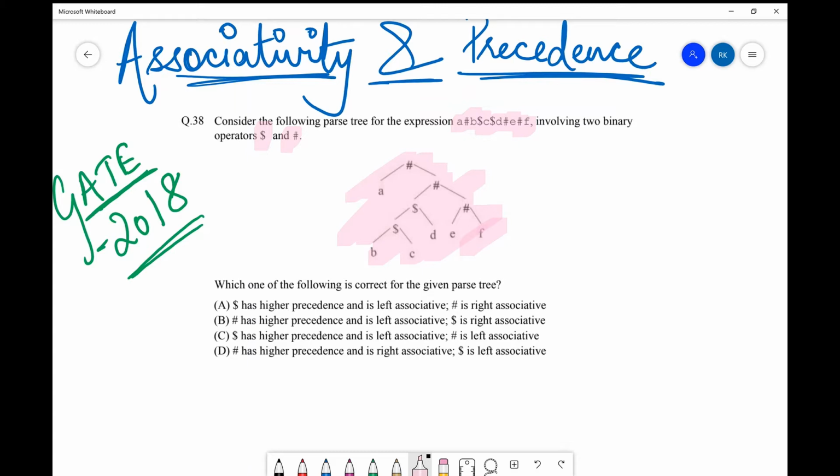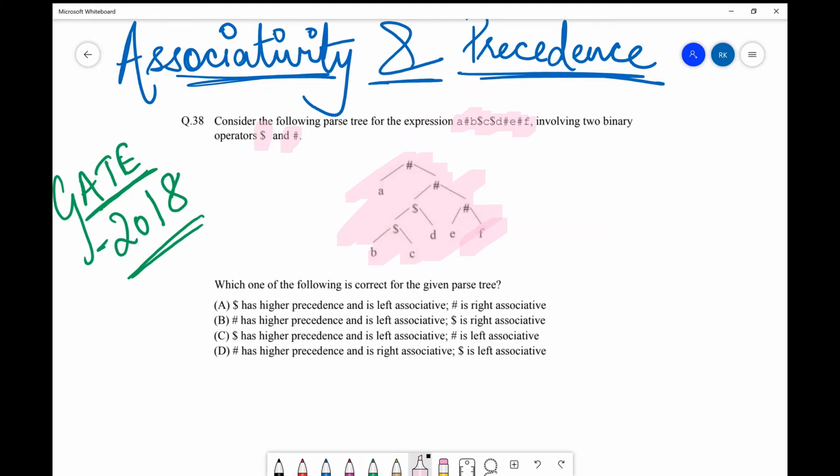Now they ask about two different things, which are associativity and precedence. A short overview about associativity and precedence. Precedence is basically what comes after what, right? So which expression you solve before or after another expression. That is what we talk about in precedence. And associativity is from where you start solving, in which direction. Do you solve the right hand side expression first or the left hand side expression first? So that is a quick overview of the associativity and precedence concepts.